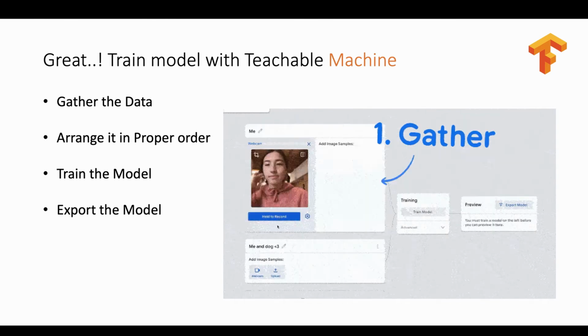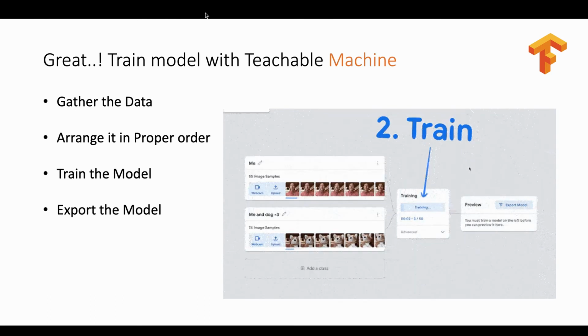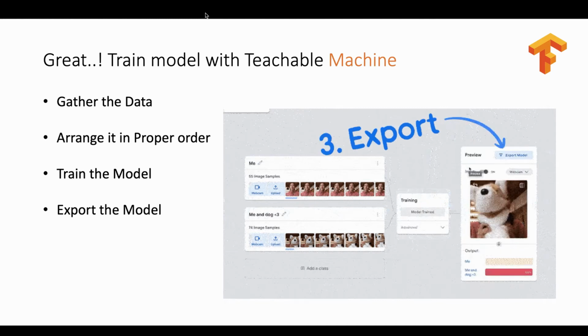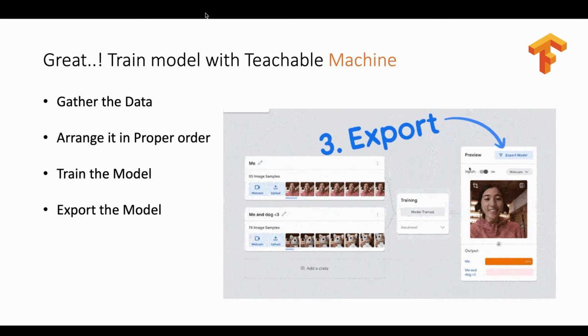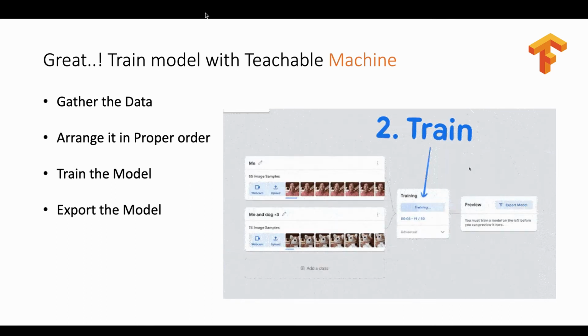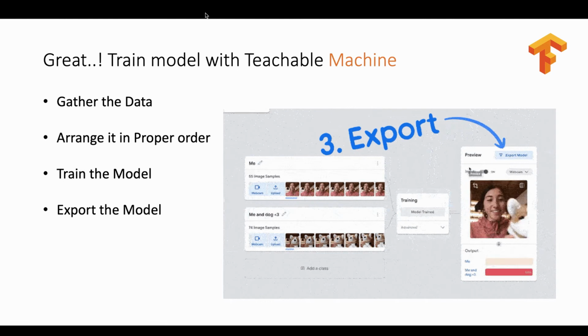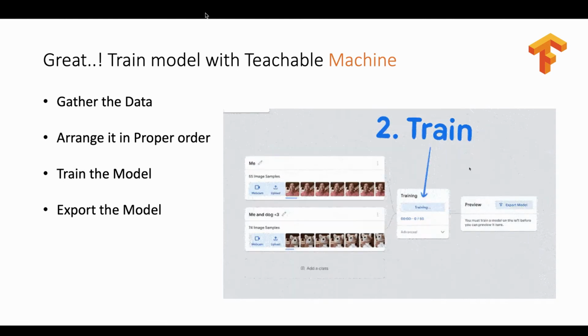Okay, let's see the practical approach on how to train your model for the application that we are going to build in this series. I have focused on a very simple problem where I am going to classify sports persons. I have collected almost 100 images and divided them into two classes. The more data you use to train the model, the more accurate the results will be. But here 100 images are enough.